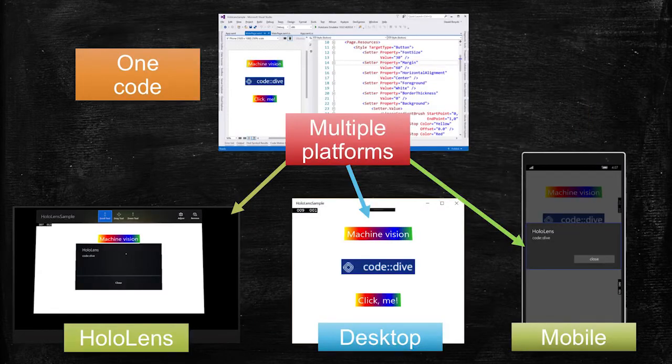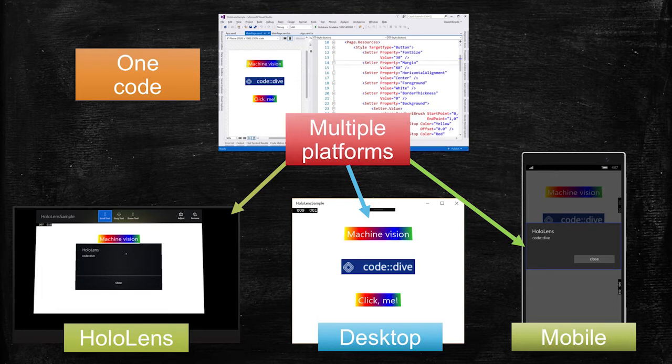Windows 10 and the Universal Windows Platform follow the write once, run everywhere paradigm. It means that you have one code. Here I have the XAML code, which defines the UI of a sample app. It has 2 buttons and 1 figure.